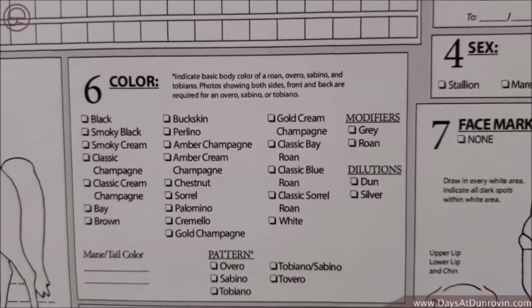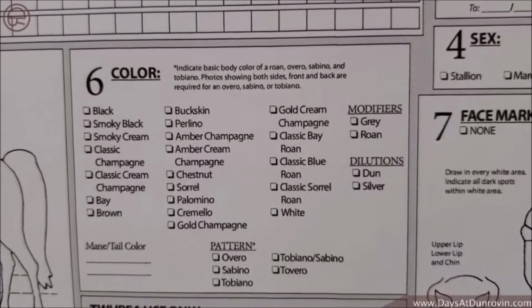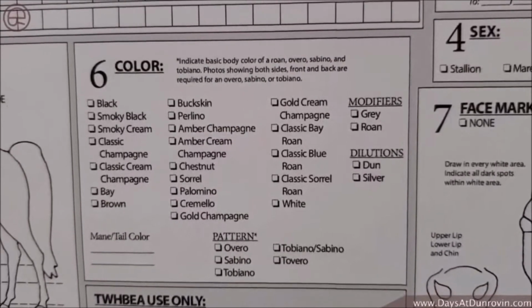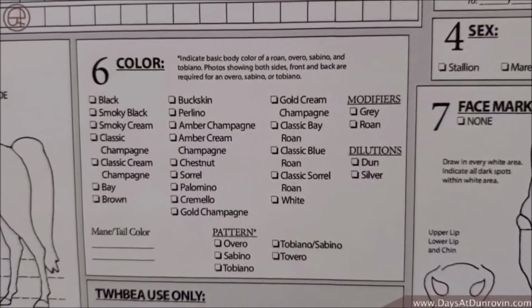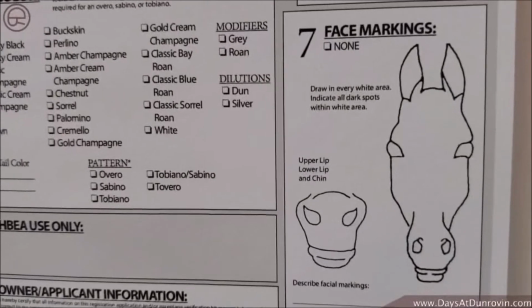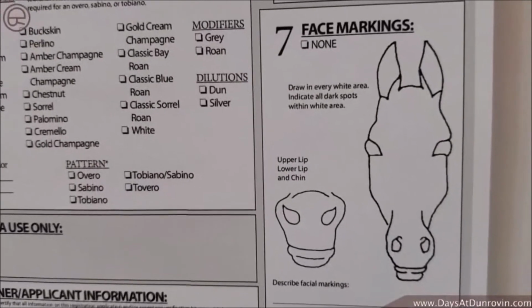she could at some time gray out, and we want to make sure that that modifier is listed in the genetics as a possibility. And she may not. As it turns out, I don't think she will, but you never know, and in a couple of years that can happen. So then we move over to the face markings, and they want you to draw in every white